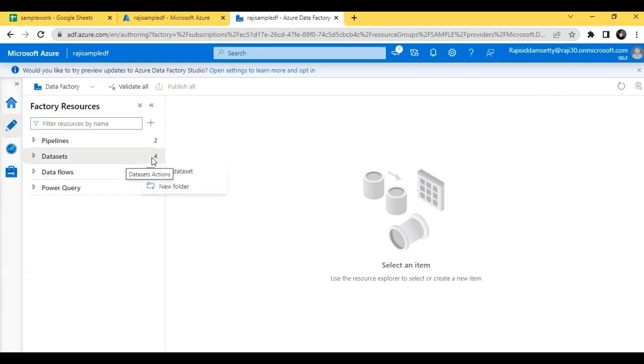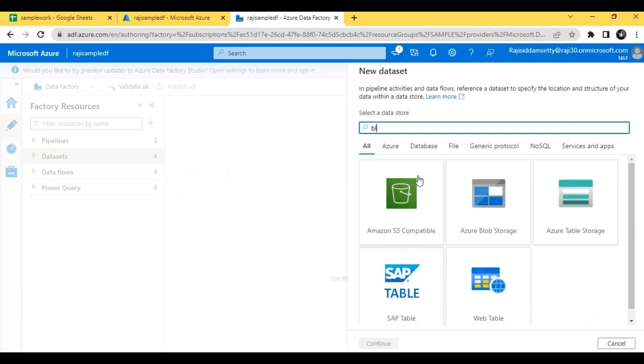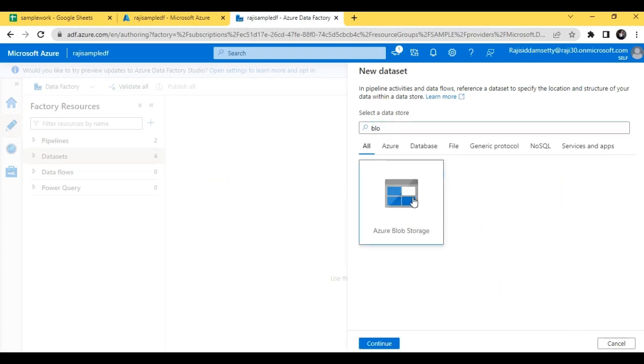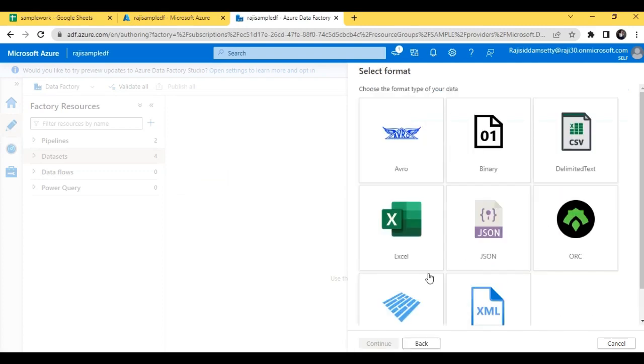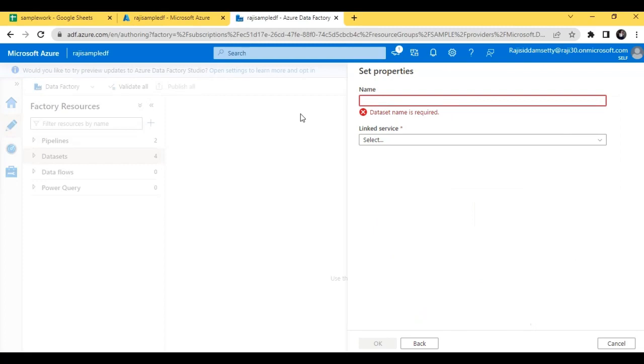Let us first create a new dataset. Select Blob, Azure Blob Storage, continue. Select Binary, click on continue. Name this as delete dataset.